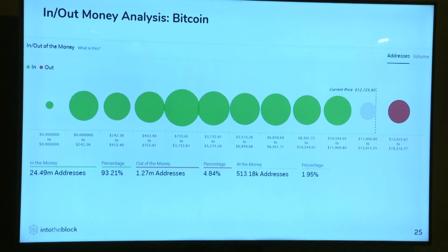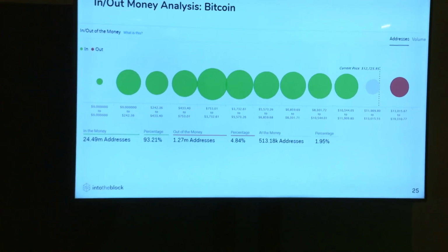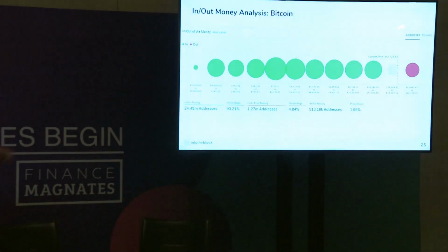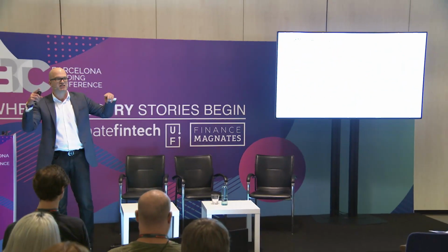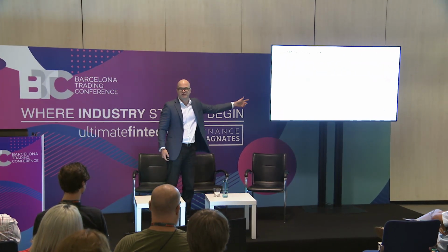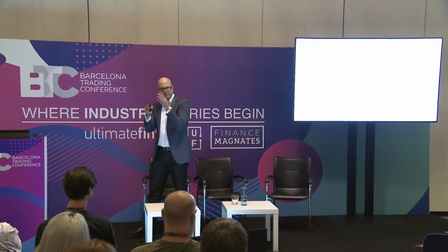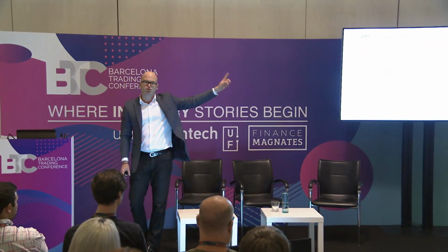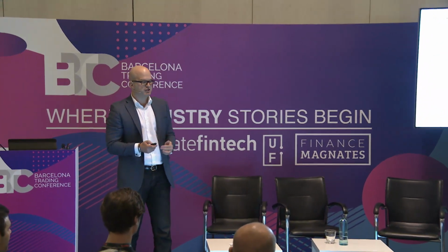Why is that important? A few things. For the next price movement, that gray circle and the red circle are going to be the buckets more sensitive to price. If you're going to place a stop loss, compared to technical analysis charts, this is more objective. You can see who's on the other side. It's not a subjective thing. This is telling you there are 2 million addresses that are losing money between this number and this number.